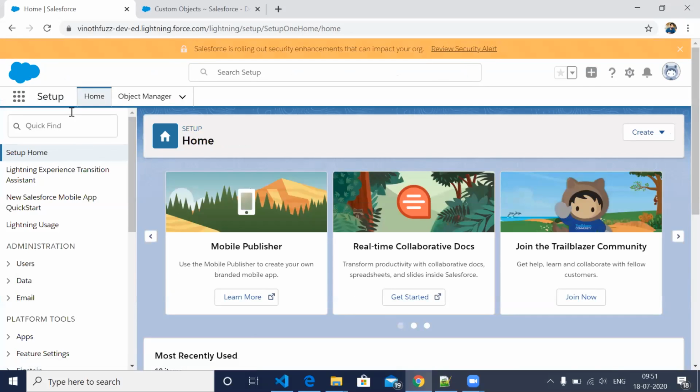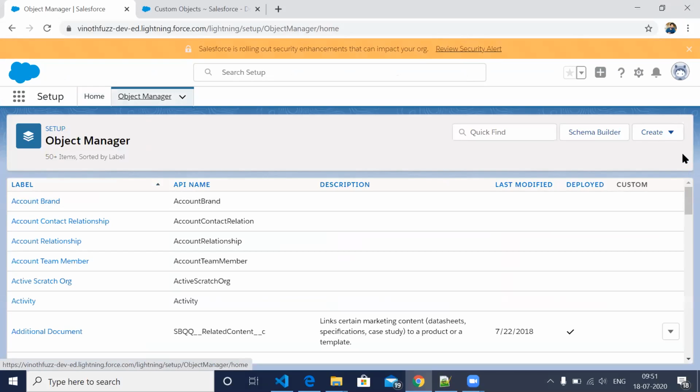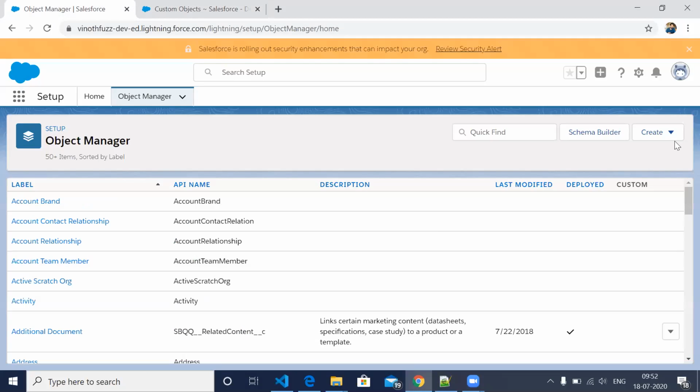In Lightning, you have to click on Object Manager, and here you will get the option Create Custom Object. So these are the two different places, one in Classic, one in Lightning.